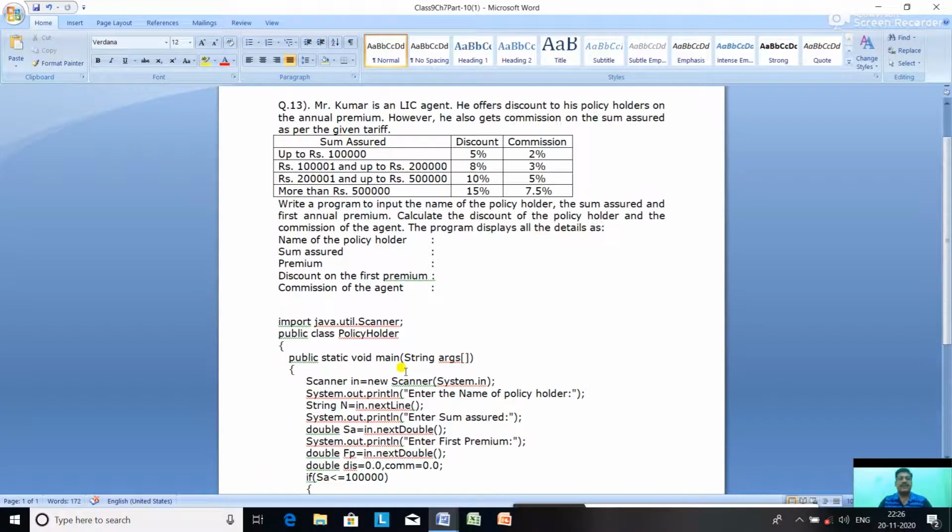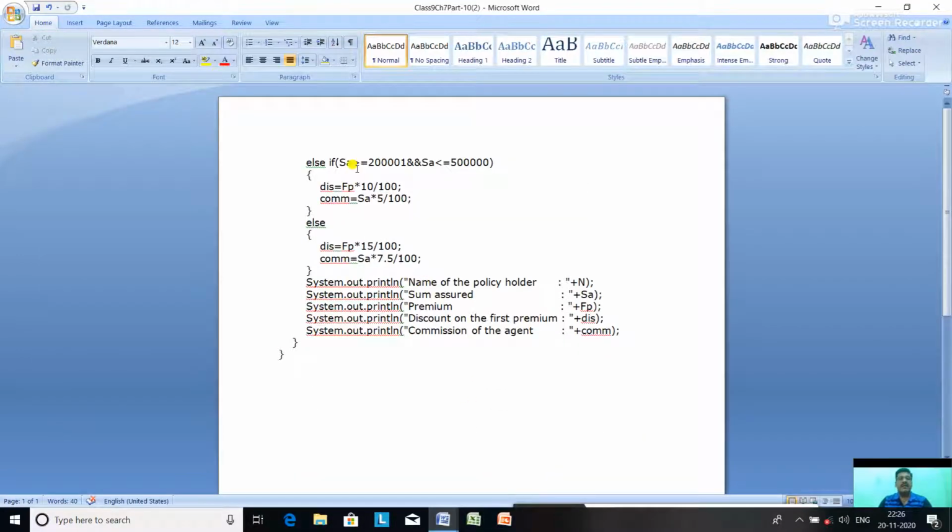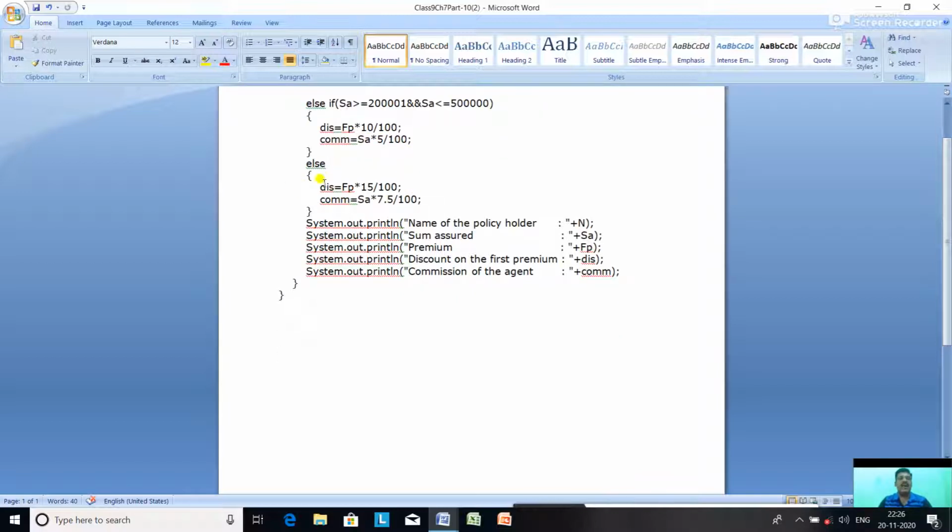The third case, else if the sum assured is more than 2 lakh and less than or equal to 5 lakh, the discount is 10% on the first premium, so FP * 10 / 100, and commission is sum assured * 5 / 100. Else above 5 lakh, the discount is 15% on the first premium and commission is 7.5% on the sum assured.